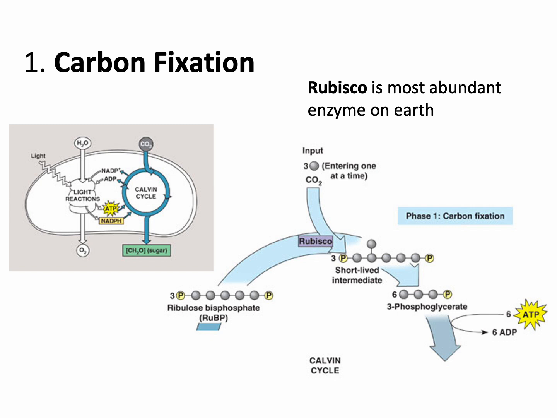So the first step, as I mentioned, is taking that carbon atom and attaching it to your RuBP. So you have RuBP coming into the system. So in this picture here, it shows the molecules. Each of those gray dots is a carbon atom, right? So of course there's going to be other things coming off of it, but we're just focusing on the carbon today. You'll also see the small p in the circle. Those are the phosphates, and they come and go depending on the reaction. The other thing I'll also mention is you have a little number right by the molecule in each of these steps. That's the number of molecules that are produced, or the number of molecules there are.